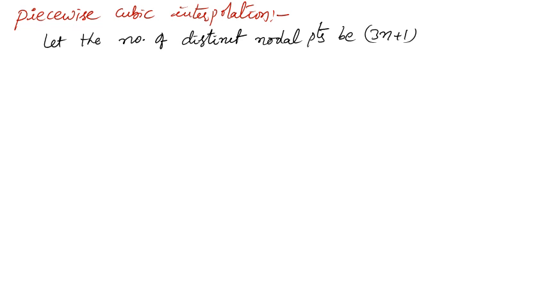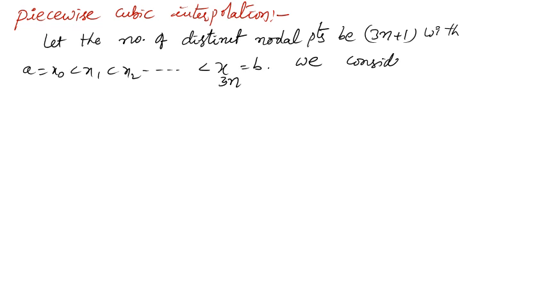In quadratic it was 2n plus 1, now here 3n plus 1, with a equal to x0 less than x1 less than x2 and so on. The last point x3n is equal to b. And to get a cubic polynomial, how many points are required? 4 now. So we consider